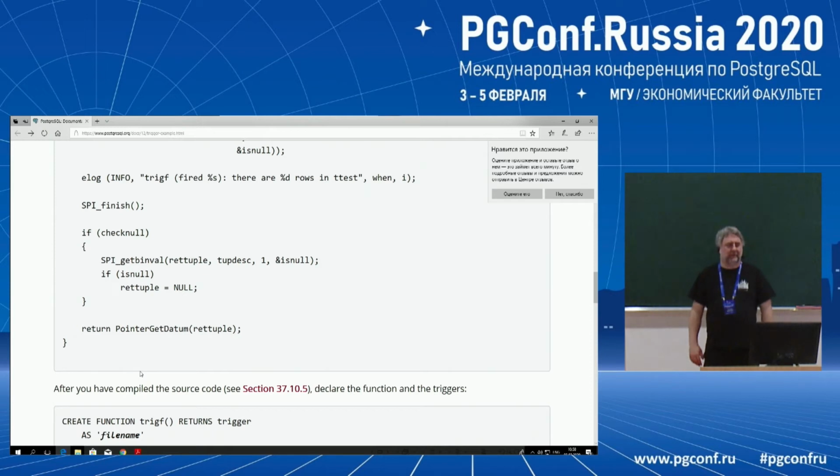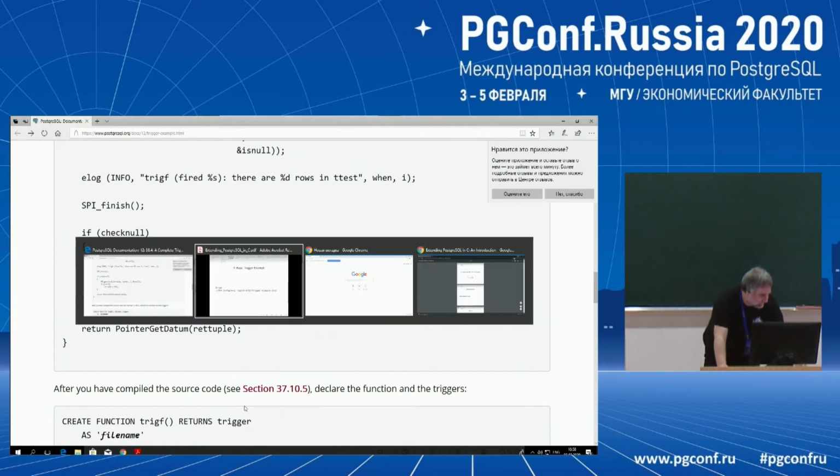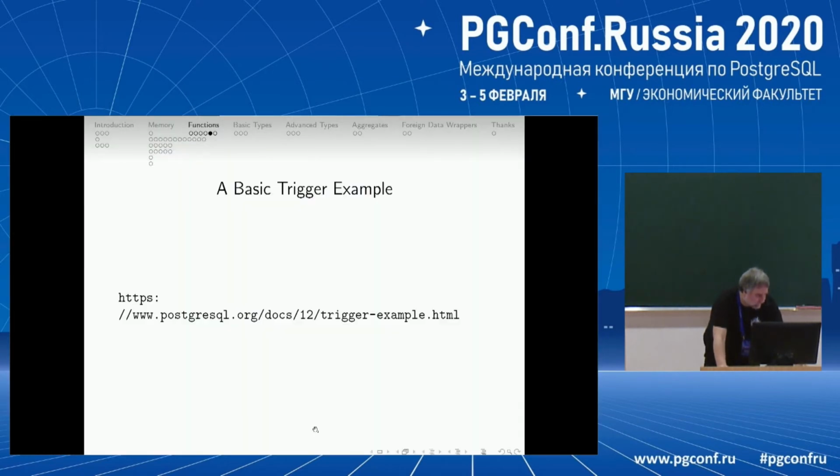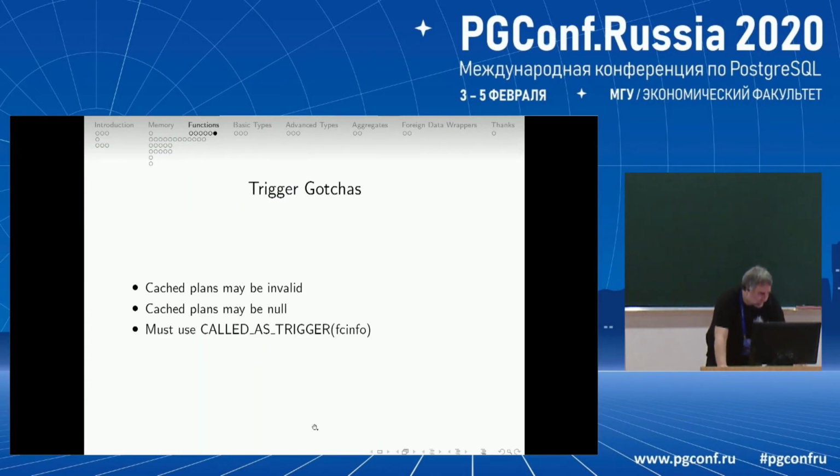Are there any immediate questions about this section? Okay, so